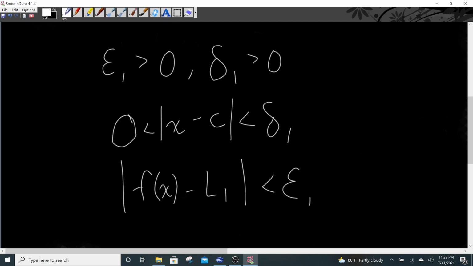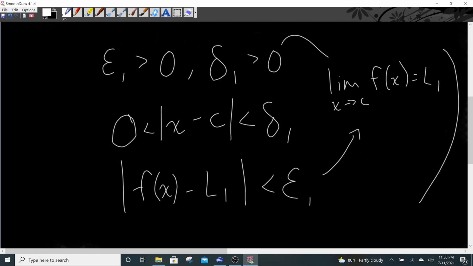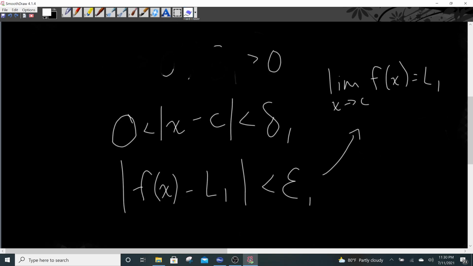And we know this is only possible because, based on our delta-epsilon definition, this can only work for the limit as x approaches c of f of x equals L1. And this is just essentially what we had. All of this is the formal definition of the limit. And so this just goes to show that